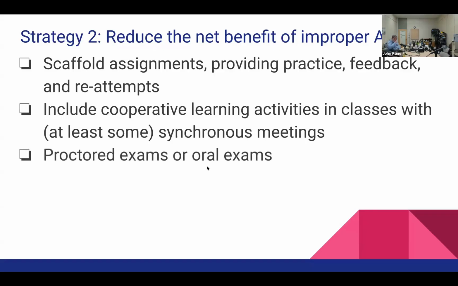The other thing is do more proctored exams. As Holly Reza suggested, if you're going to have them do assessments in class, then they're less likely to rely on AI. It takes more effort to cheat on an in-class exam than it does on something done asynchronously. Or something that more and more people are starting to consider, though it's really costly in terms of time, is oral exams. Some people have moved to oral exams again, which used to be really big a century or two ago, but they're a little bit less common today, mostly because it can be really time consuming. But some people are doing that.